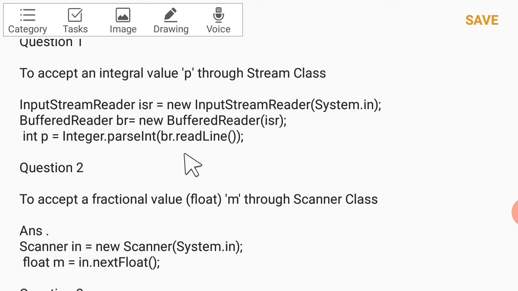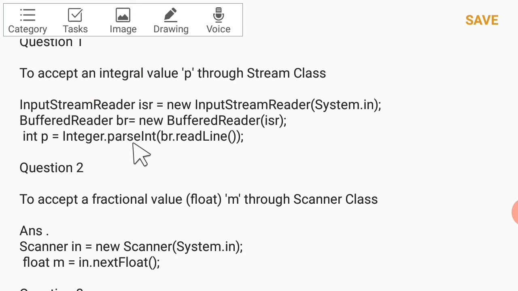Generally data which we send from the keyboard, whether you are sending a number or a character or any string, everything will actually be taken as a flow of bytes, that is a string. So we have to convert that into a proper data type. Here int is required, so we have to convert that using the parseInt function.